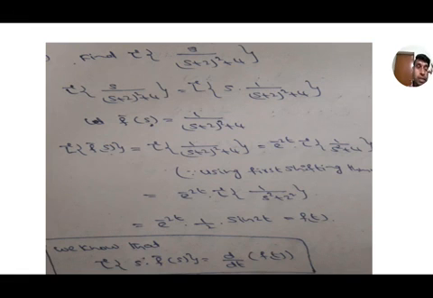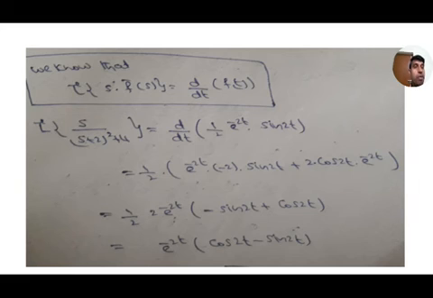Here, instead of s into f bar s, the remaining function is taken as f bar s equal to 1 by s plus 2 whole square plus 4, and its inverse Laplace transform. Here we are calculating by using the first shifting theorem. We got 1 by 2 into e to the power of minus 2t sin 2t equal to f of t, and using the formula L inverse of s into f bar s is d by dt of f of t, where d by dt of f of t means the derivative of e to the power of minus 2t sin 2t by the u into v method, u dash v plus v dash u. After simplification we get e to the power of minus 2t into cos 2t minus sin 2t.